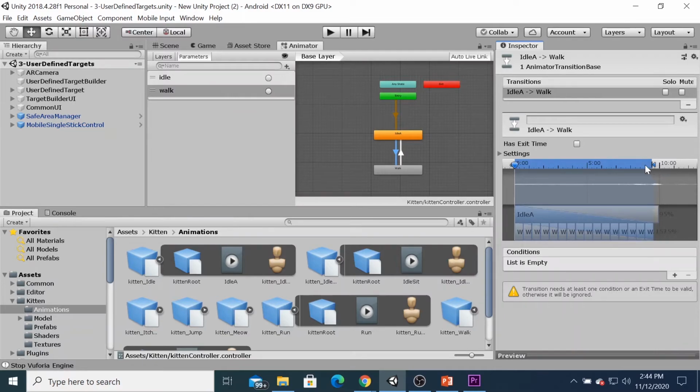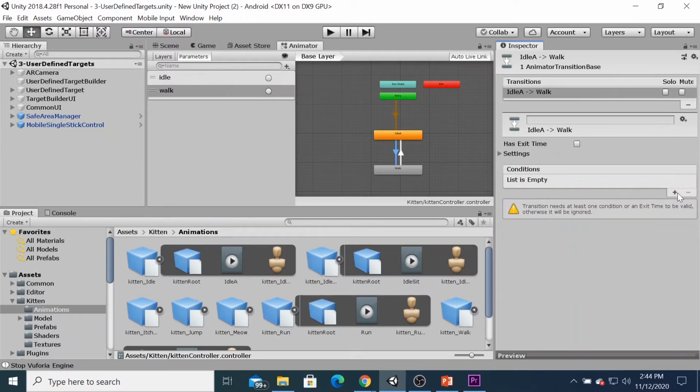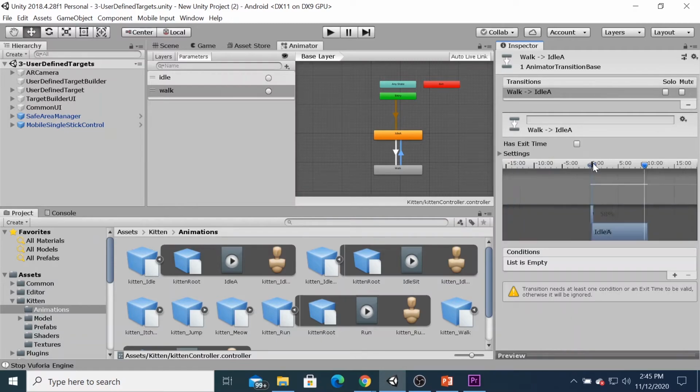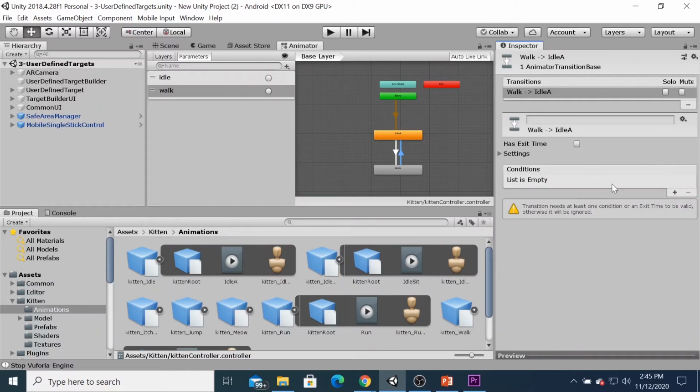Then you can add here as walk, because it is the transition from idle to walk. Same goes for the walk to idle, so you can click this transition, untick this one and remove. Then you can select here as the idle.